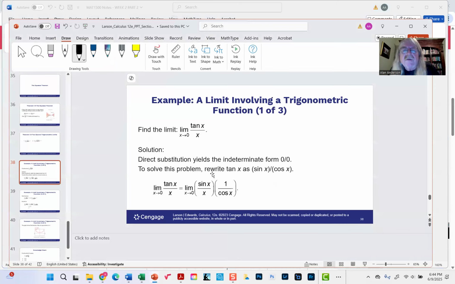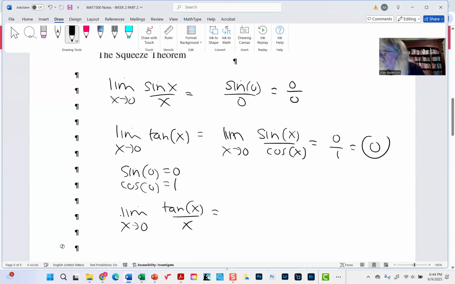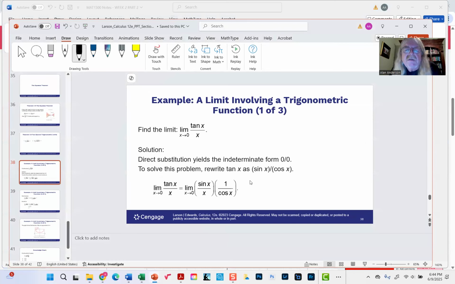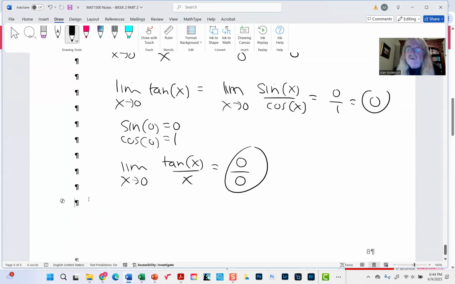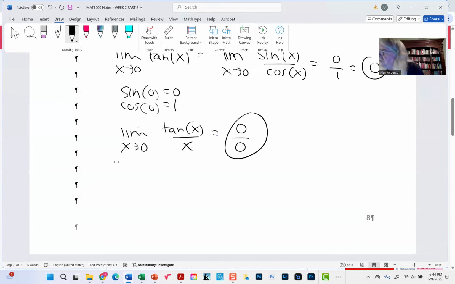Okay. But they're asking us to do not the tangent, but the tangent over x. So in other words, tangent of 0 is 0, and so is x. Indeterminate form, what do we do? Well, what they're recommending we do is rewrite it. So we're going to use a little algebra, but of course, this is based on the assumption we already know that previous result. If you rewrite it as